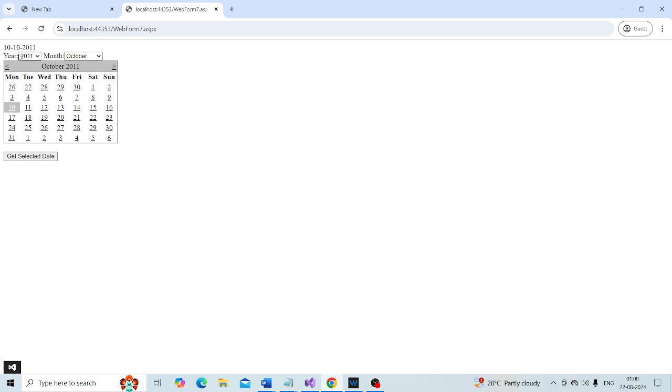Similarly, if you want to navigate to the year 1960, all you have to do is populate the drop down list with that year, and then you will be navigated to that date.